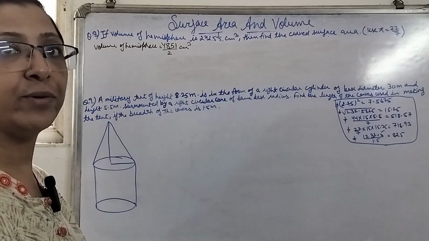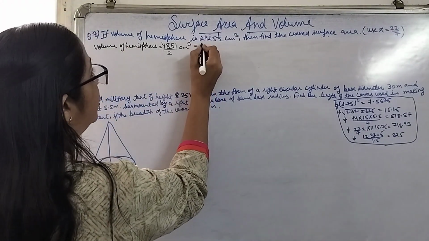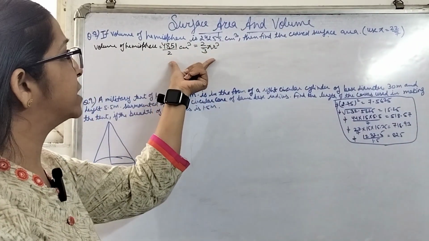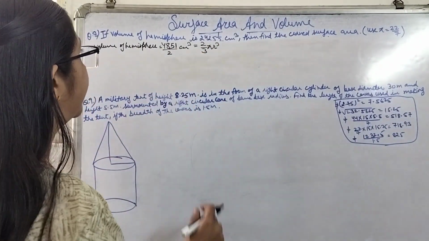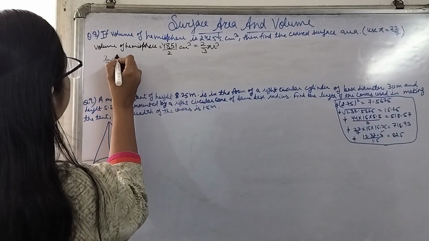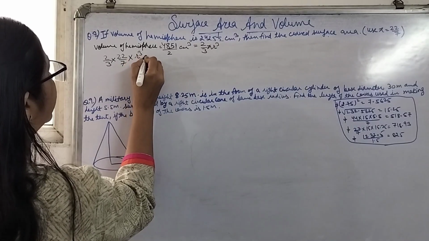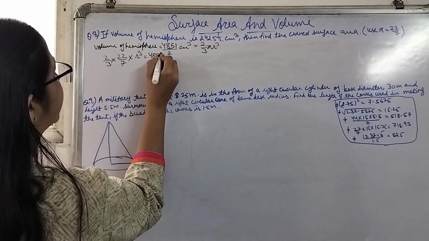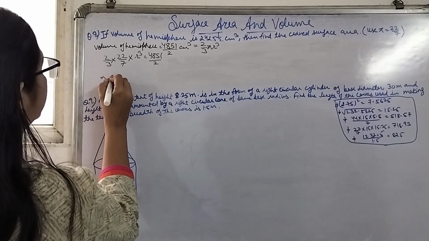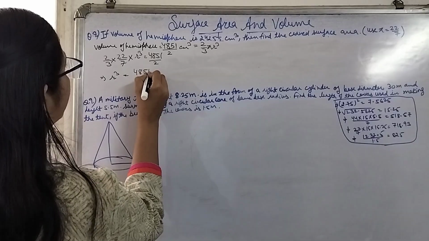This is the volume of the hemisphere, and we know that the formula for finding the volume of a hemisphere is 2 upon 3 pi r cube. That means these two are equal. So if we equate both of them, it will be 2 upon 3, instead of pi we can take 22 by 7, into r cube, which is equivalent to 4851 by 2. Now if we solve it further, r cube is equivalent to 4851